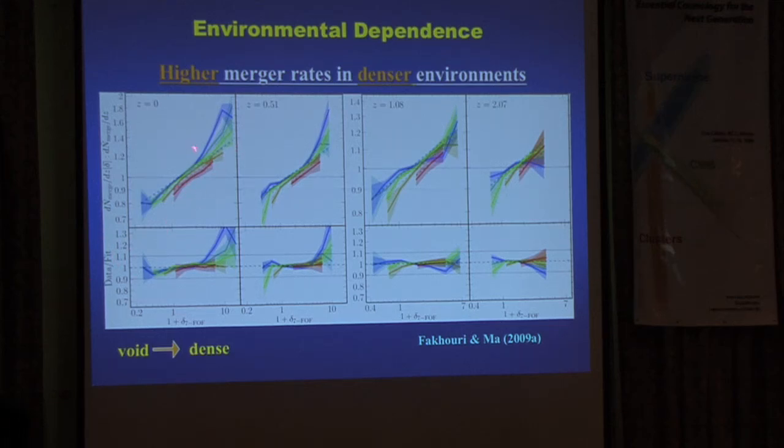Again, overall, the mass dependence is very weak. This is a message that comes over and over again: the merger rate doesn't really care about the descendant halo mass itself. But within each mass bin, you see that denser regions, here up to 10 for these smaller halos, experience a higher rate of merger compared to galaxies or halos in the voids. The difference can be about a factor of 2 from here to there. And this trend seems to persist over the entire redshift range we had statistics for.